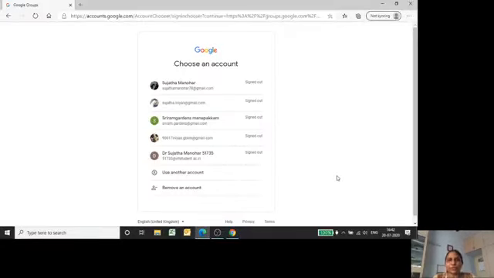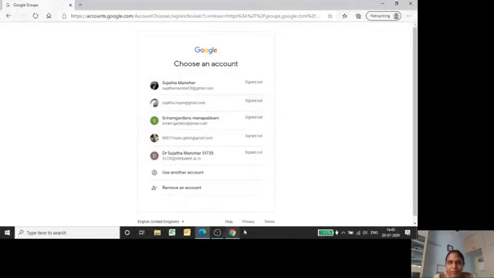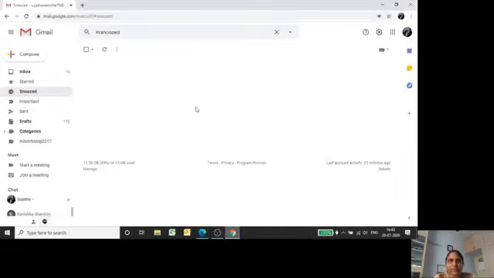I have to show you how it works as an administrator. Once I create a group as an administrator and add a member, I'll show how that member will be accessing the group. So I am going to use two browsers. In one browser I'm using my personal Gmail ID, and this is Chrome.